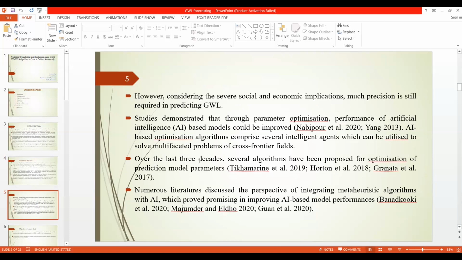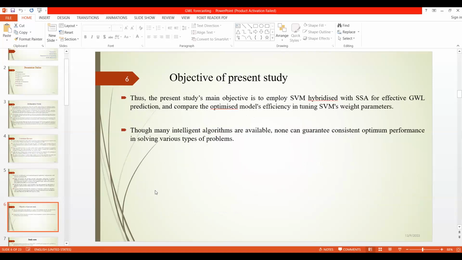But in the present study, I have used SSA, that is the salp swarm optimization algorithm, to optimize the parameters of the support vector machine model. This is the objective of my present study: to predict groundwater level by using the SVM-SSA model, and also to see which one is the better model, the normal conventional SVM or the SVM-SSA